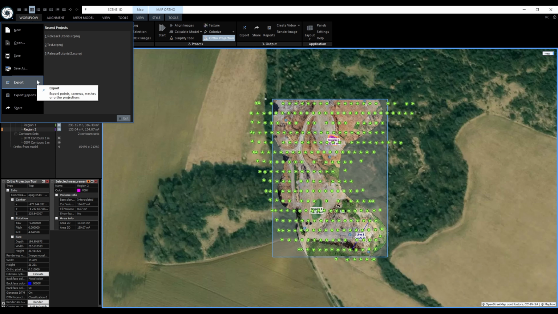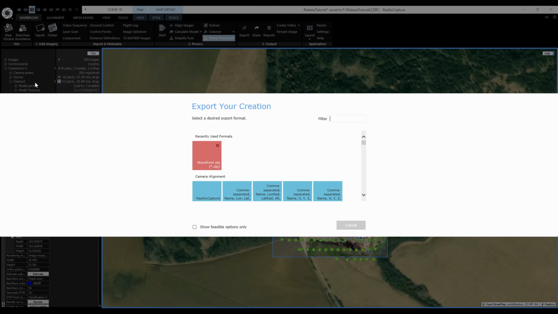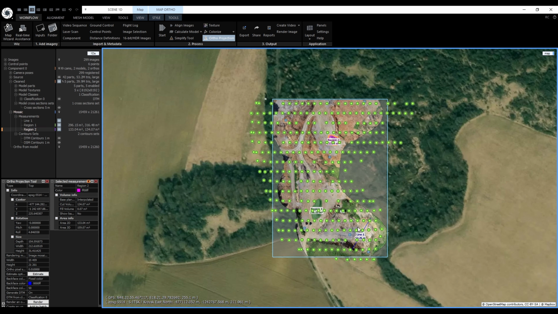Besides the export, we have an option to share the results online and also to generate reports. In the One Export, we can search for the desired export option we're looking for, and RealityCapture also remembers recently used formats, which can be cleared if we want to. That would be a brief introduction to the new user experience changes, and now let's dive into the new features,